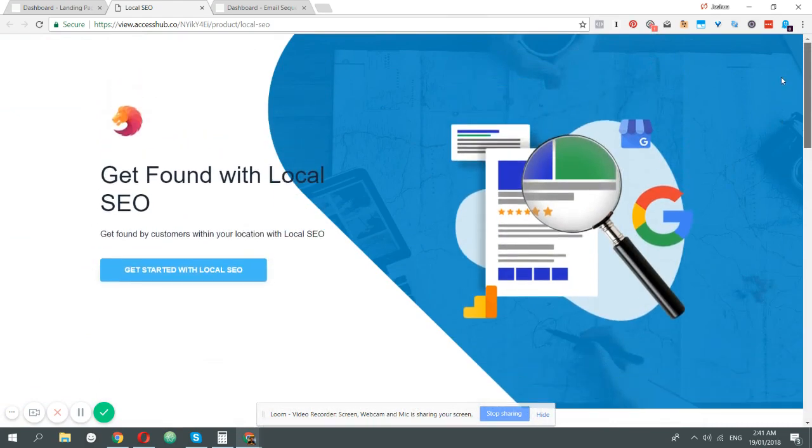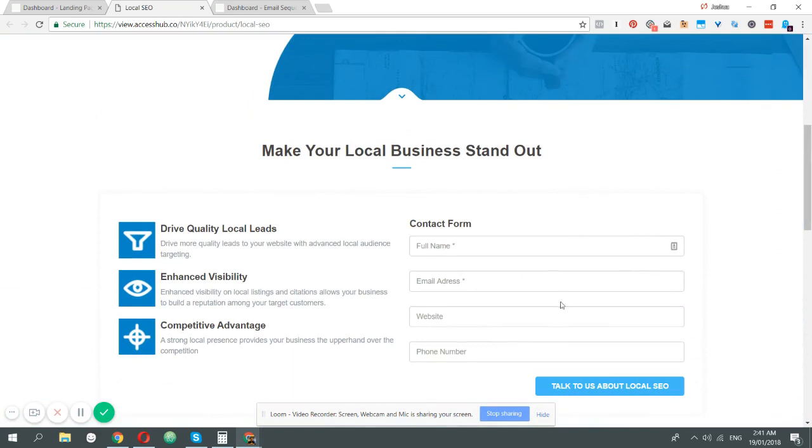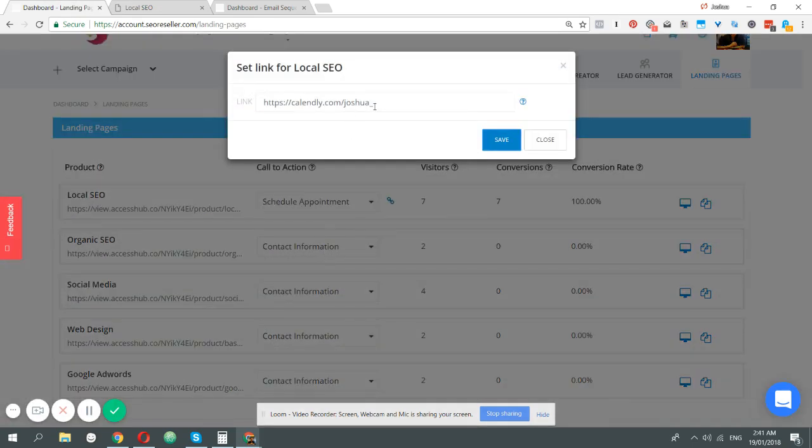The best thing about this is that the call to action, when you fill it out, it goes to the CRM and you get alerted whenever a lead is ready to close. But the more interesting thing about it is that if you want to not do a contact form as a call to action, you just go to the landing pages again for local SEO, change the call to action, put it as a schedule your appointment, put in your calendar link or any link that you have to set an appointment for you, save it,